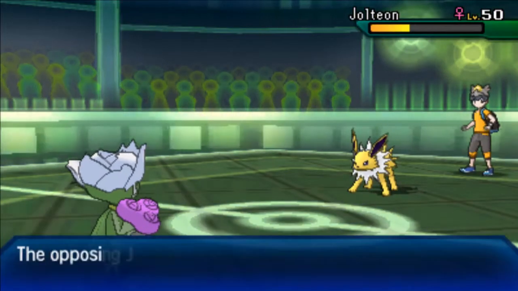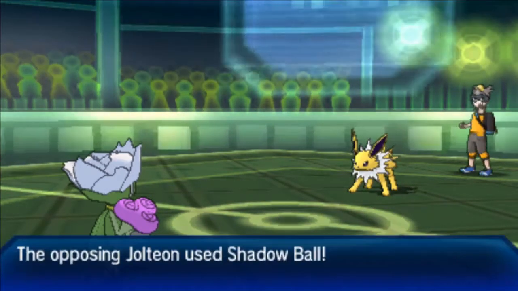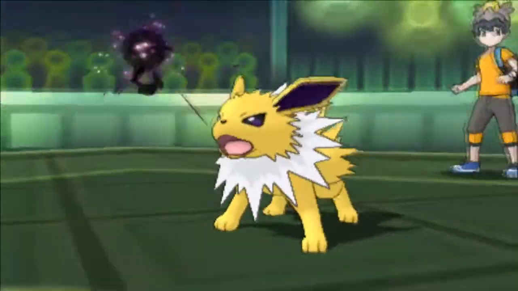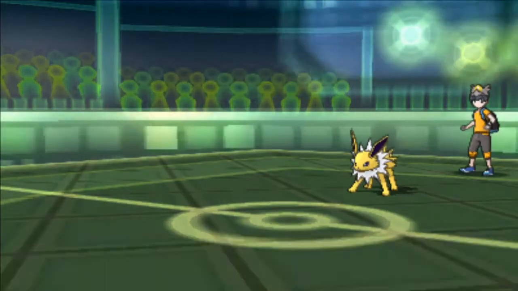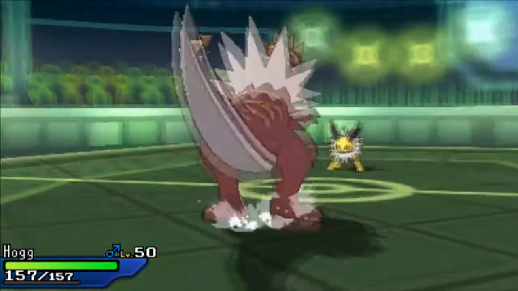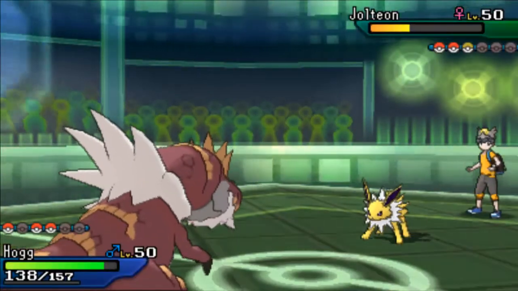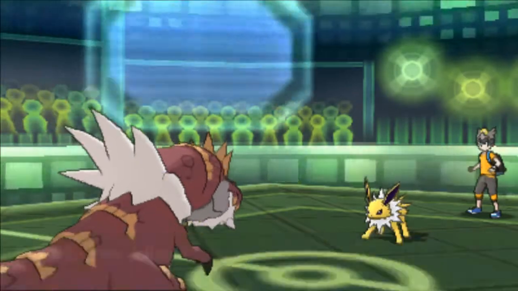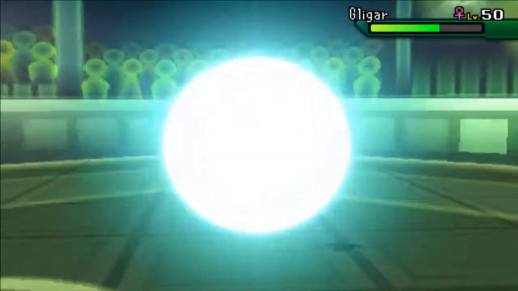So he's going to go into his Jolteon, which is going to take a buttload of damage from those entry hazards, and he's going to end up going for the Shadow Ball. And I'm going to sack my Roserade, although I may have needed it for that Gligar, but I'm now going to go into my Tyrantrum, which is Choice Scarf, and I'm going to go for the Head Smash over here, and